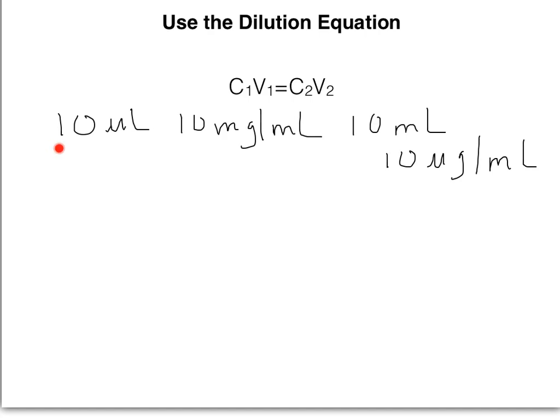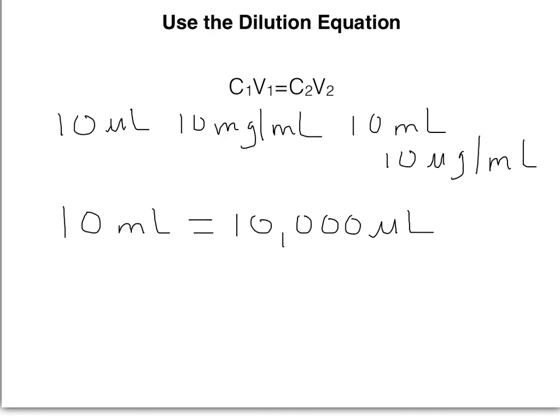So I can't add 10 microliters of solution to 10 mils of water to dilute this solution. But ultimately, since I'm dealing with such a small volume, I'm going to do something that's very, very similar to that. So 10 microliters is really just a fraction of a milliliter. It's 1/100th of a milliliter. Well, since 10 mils is the same as 10,000 microliters, if I need to add a certain volume of water to my 10 microliters